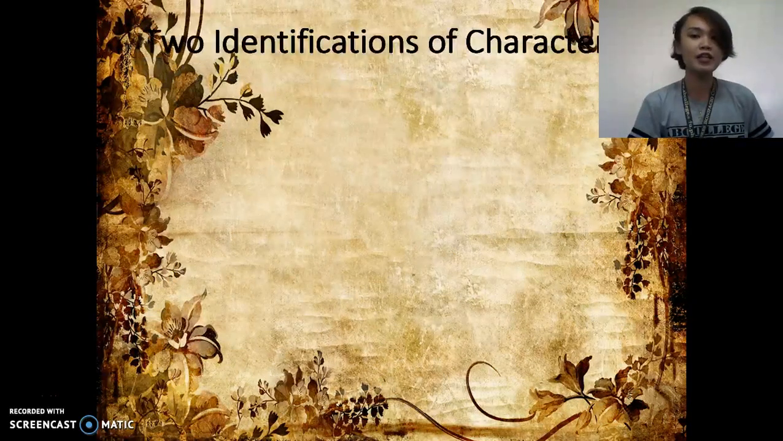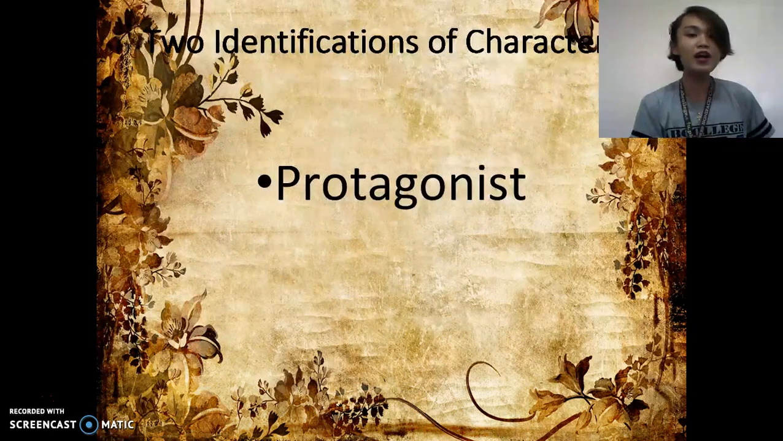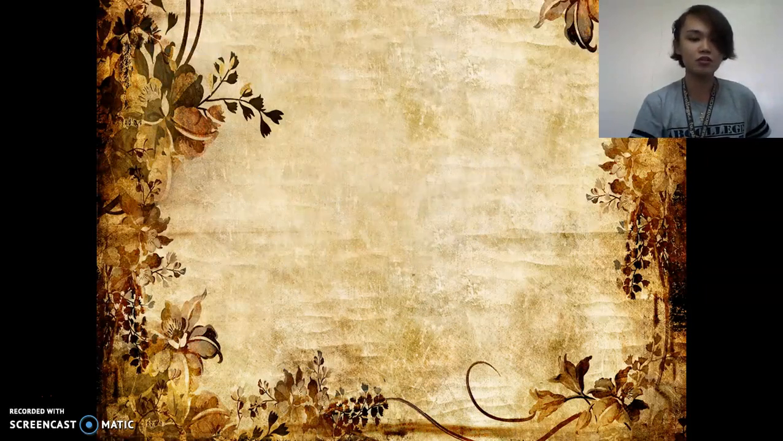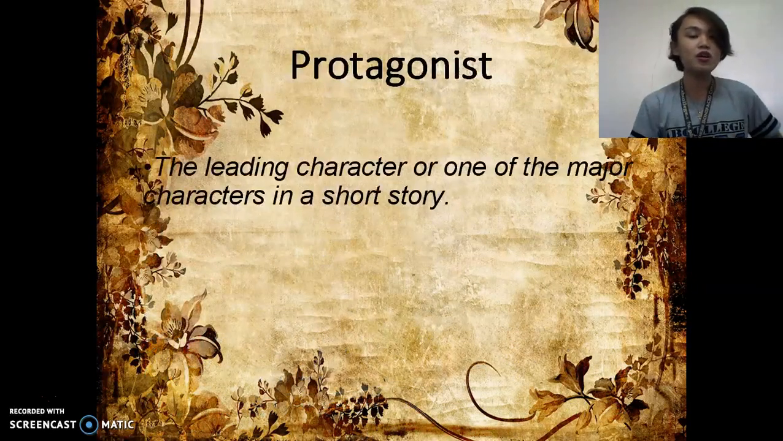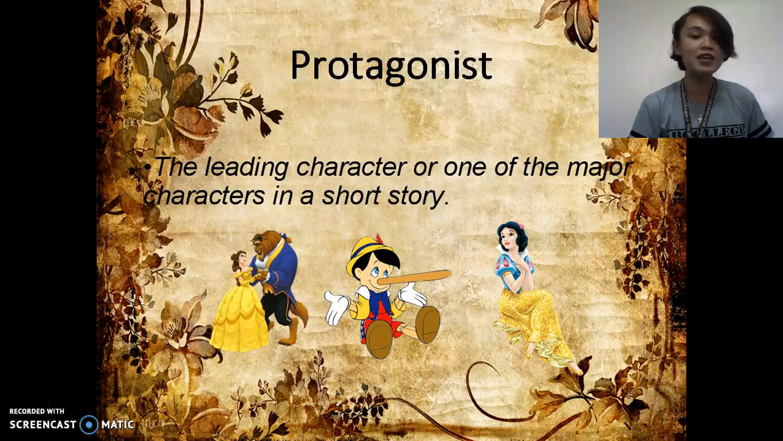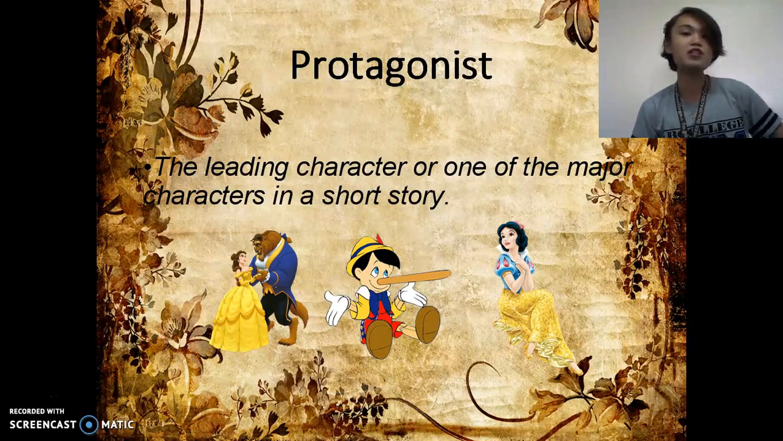There are two identifications of characters. A character can be protagonist or antagonist. Protagonists are the leading character or one of the major characters in a short story, like Belle and the Beast in the story Beauty and the Beast, Pinocchio in the story Pinocchio, and Snow White in the story Snow White and the Seven Dwarfs,